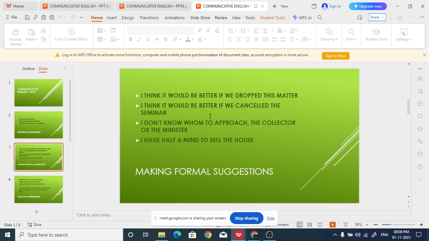The other third and fourth sentences are actually not very common. The first, I think it would be, you should keep this in mind. Whenever it's possible, use this kind of word. Your teacher or the person who is listening will come to know that you are using refined language. They will think that your language is better. So that is the whole idea of this: I think it would be better. Okay, then